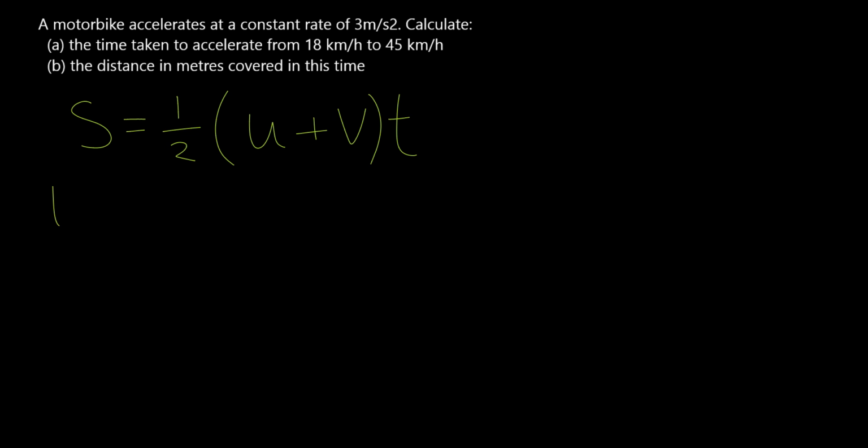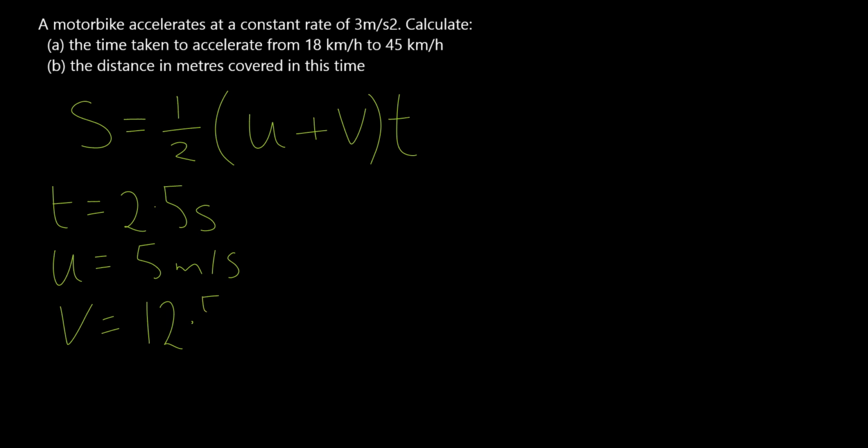Now we worked out the time from part A and we found that it was 2.5 seconds, and we also calculated the initial velocity in meters per second, which was 5. And we converted the final velocity also to meters per second, and we found that was 12.5. So we have all the information we need. We can substitute those values in,